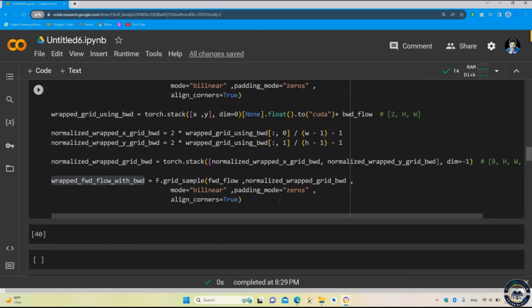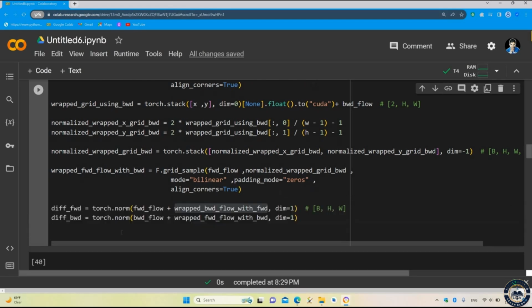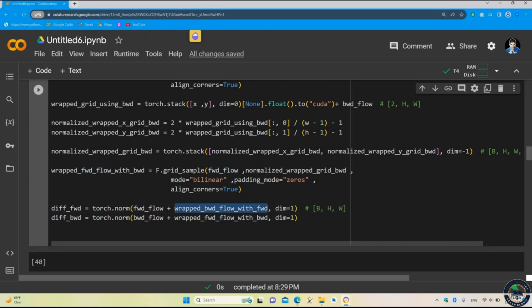Now let's find the difference between them. We just need to add our warped BWD flow with FWD. By doing this, you will see the difference. And the same thing with the difference BWD tensor. We will add warped FWD flow with